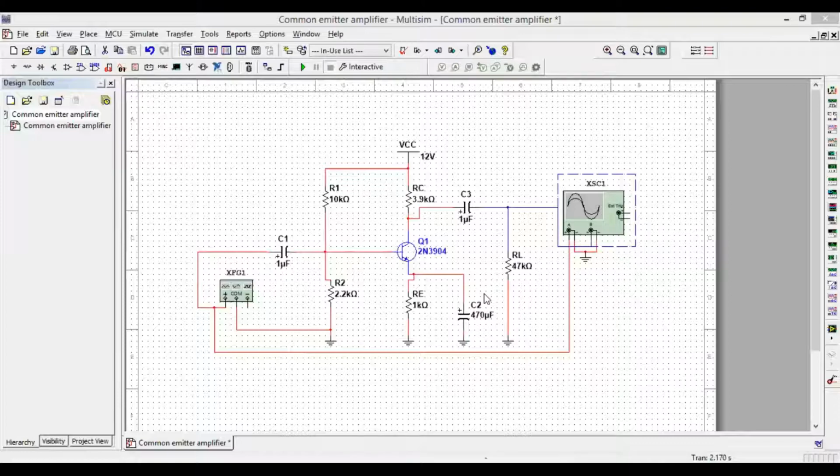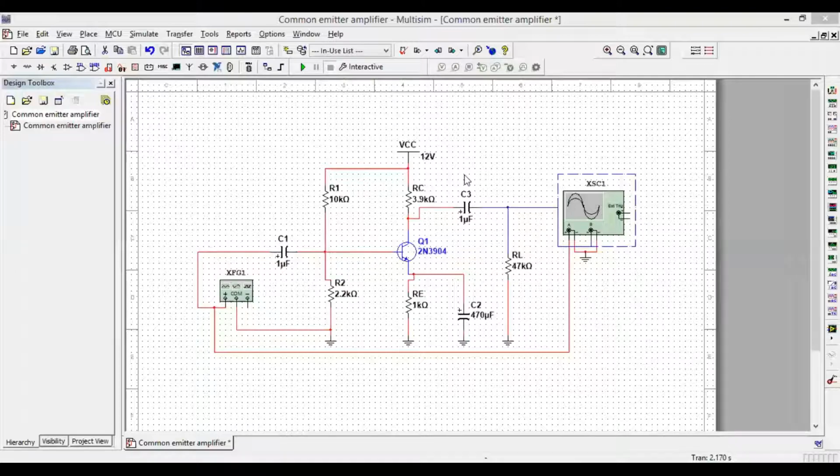Because the purpose of these capacitors is to block the DC signal and to pass the AC signal. C1 and C3 block the DC signal which is coming from the battery or some source, whereas they pass the AC signal. So through C1 we provide the AC signal to the base of the transistor and we take